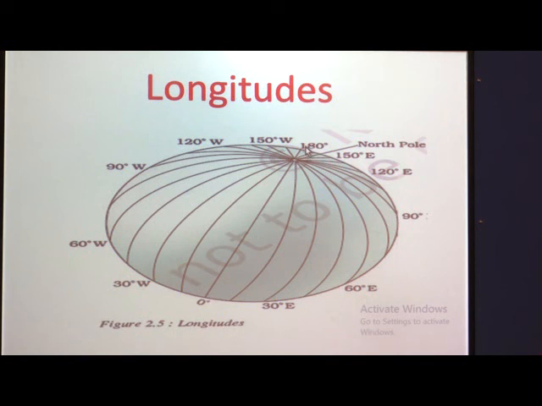is 180 degree longitude. Again to the west of this globe we have 30 degree, 60 degree, 90 degree, 120 degree, 150 degree, and the last one 180. So both these sides of longitudes meet at the same line, same semicircle, which is 180 degree, which is called the international date line.